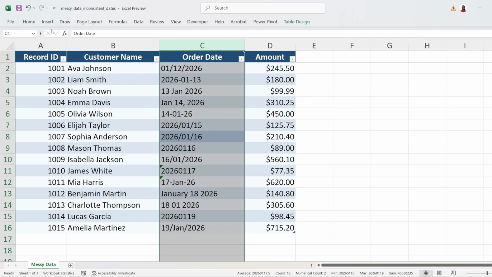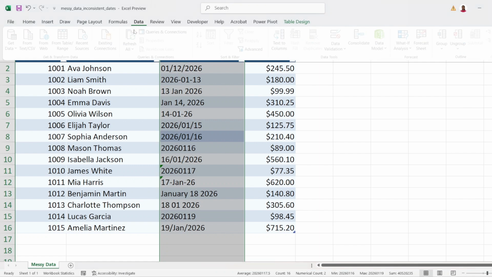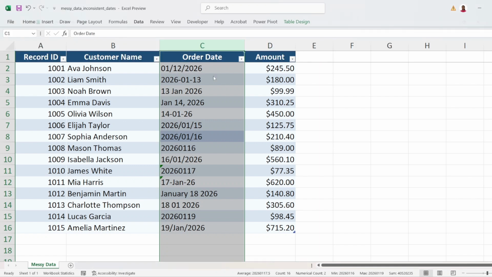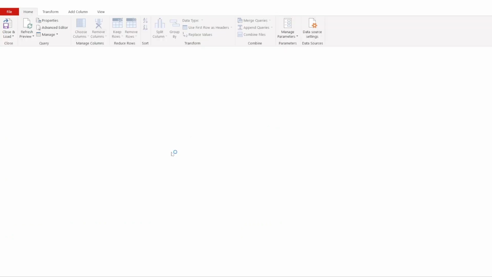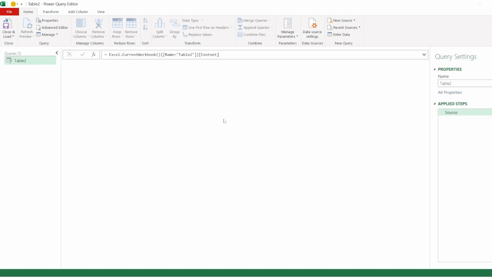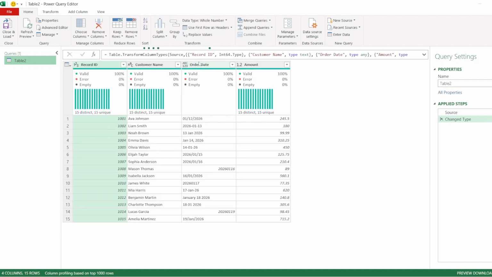So first thing I'm going to do, obviously, I love to use Power Query to clean up my data. And if you've not been using Power Query, I think this is your time to start learning how to use Power Query properly as a data analyst. So we load the data into Power Query and then we'll clean it up. So once this table has been loaded,